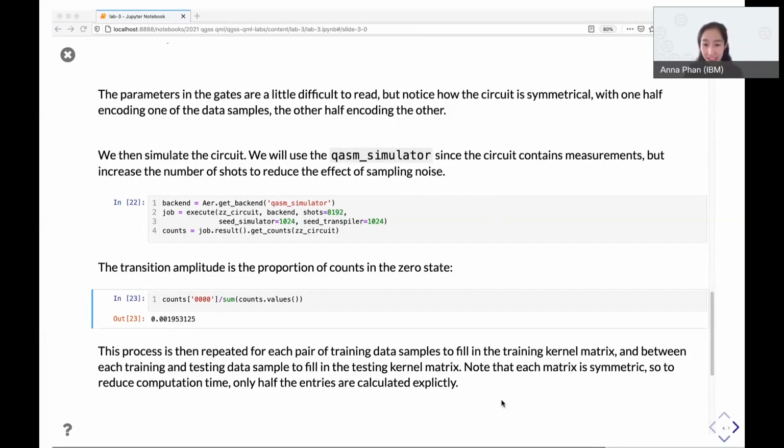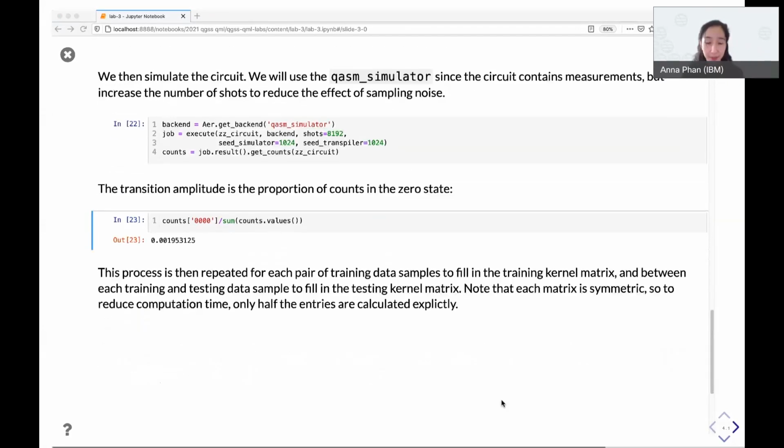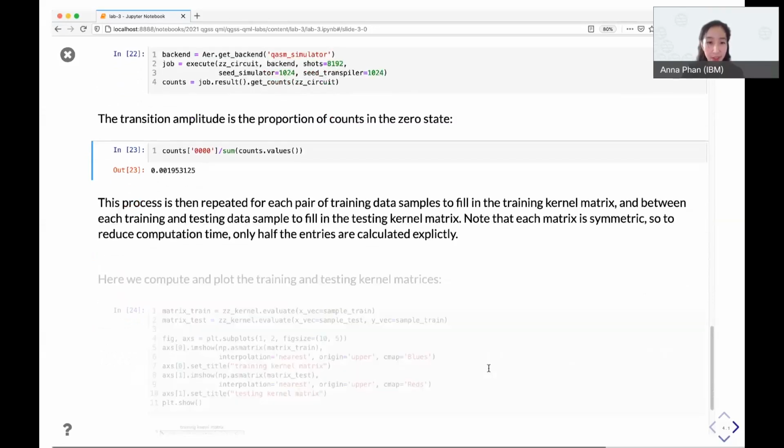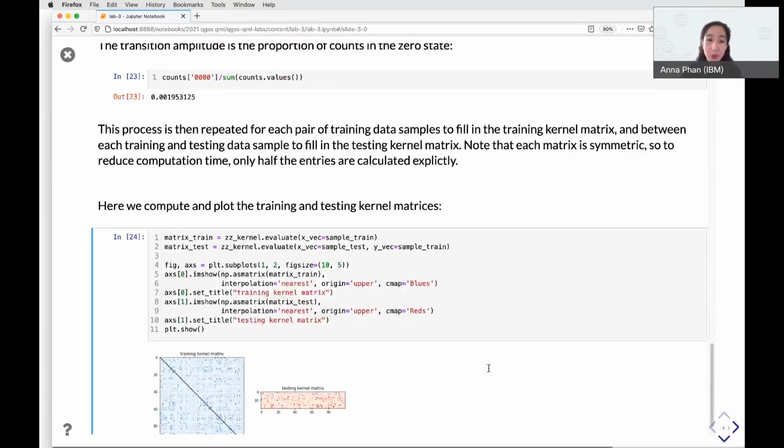Note that since each matrix is symmetric, to reduce computational time, the Qiskit code actually only calculates half of the entries and then just reflects the matrix, copies and pastes the entries into the other triangular part of the matrix. So here is the code to compute and plot the training and testing kernel matrices.